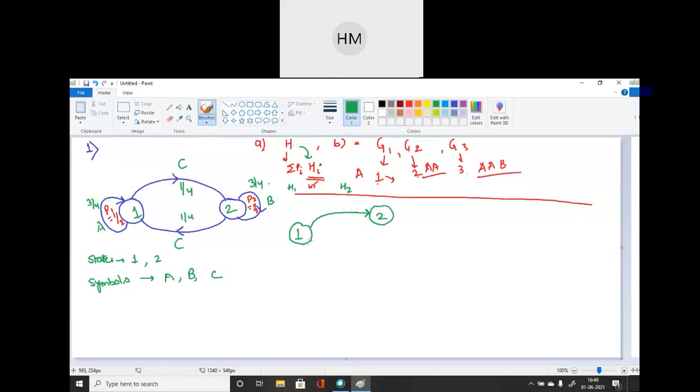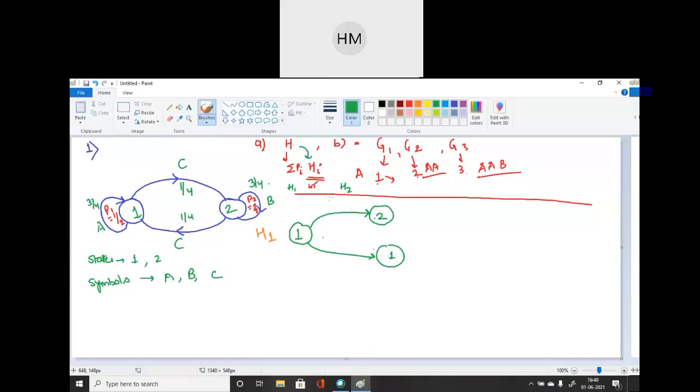Okay, and it is going to only state 1. Is it clear? To find H1, change the color. H1 के लिए मैं डायग्राम ड्रॉ कर रही हूँ फॉर स्टेट 1. ठीक है, from one state only two symbols are emitted. Only two symbols are emitted. Either it can go from 1 to 2 or 1 to 1.